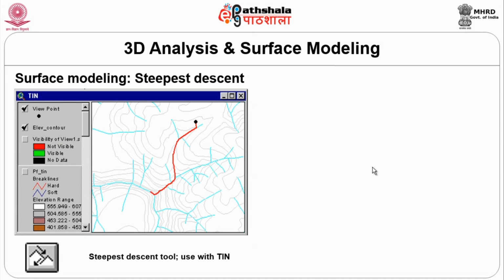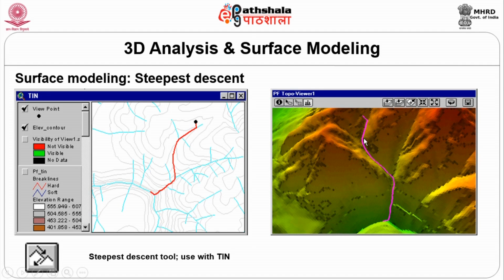Steepest descent, moving from this particular point A to B, how you can have the descent, the slope descent I was telling you, the fall from one particular point to another point. So you can get the value. See, this is the steepest descent in a given area. So in two dimensions you do not understand anything, in 3D you will be getting this.